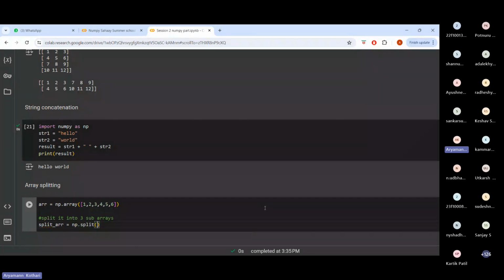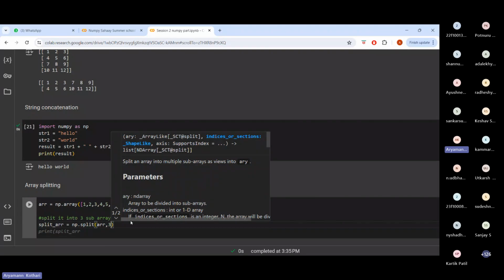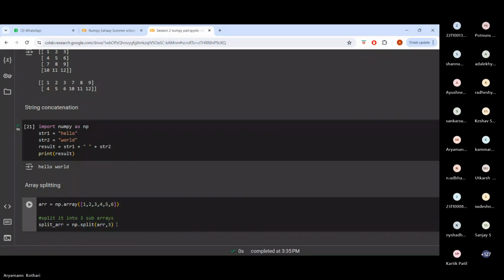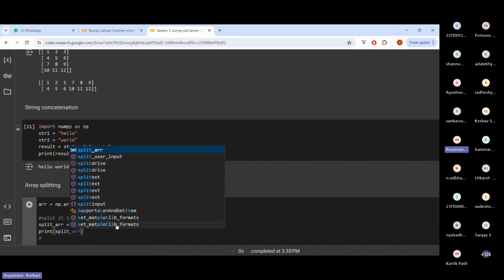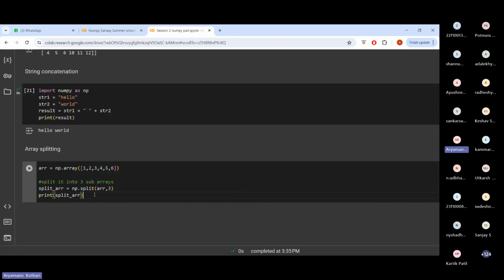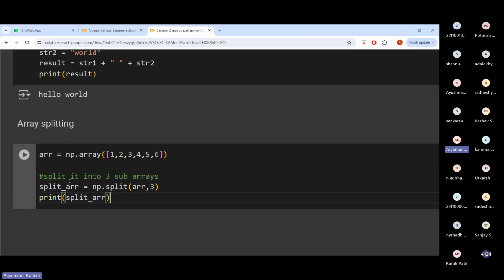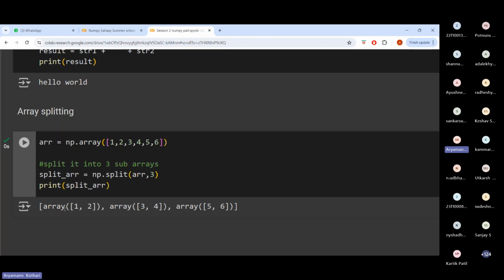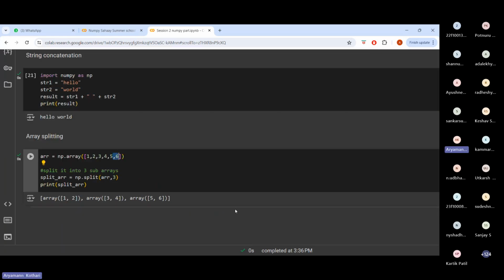So guys, as you can see, NumPy actually has a variety of functions, right? Finding the data type, splitting, concatenation. So NumPy is actually a pretty fundamental library. And just remember all of the functions that NumPy has. Splitting, concatenation, array addition, everything. So what's going to happen is it's going to split the array into three subgroups. So this is the output. The first output is going to be 1, 2. The second output is going to be 3, 4. And the third output is going to be 5, 6. So they've basically split it into three different arrays in an equal proportion, right? It's pretty basic. I'm moving on to transpose,